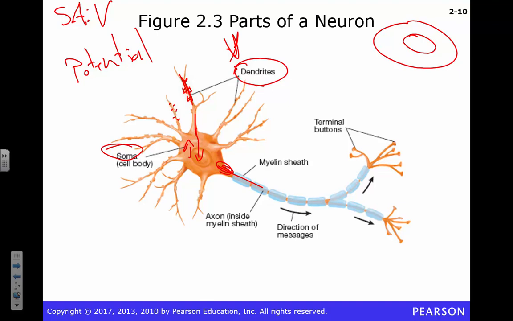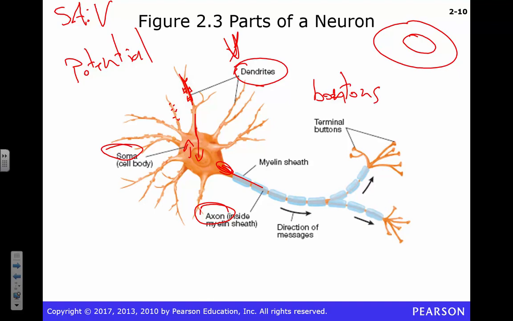So we've done our input, we've done our calculation. We've got to think about the output. We've got to try to send this signal somewhere, right? And we'll do that down a guy called the axon. The axon is really just a cable connecting your cell body to your terminal buttons. Now, some people, the same people who say dendritic arbor, will all say terminal boutons, right? Really fancy it up there. If I catch one of you guys doing it, I know you're just trying to impress me. And it's really going to make you look bad.